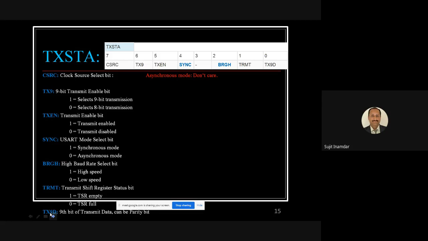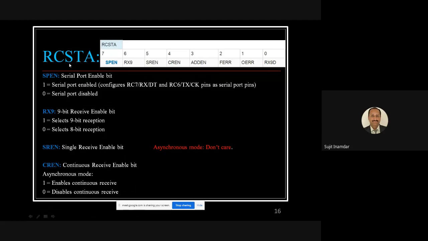And the next one, that is TX9D. TX9D ही कशासाठी आहे, तर जर तुम्ही 9वी बिट वापरणार असताल, ते कुठे ठरतंय, इथं TX9 ला जर वापरत असताल तर दिस कॅन बी अ पॅरिटी बिट. त्यासाठी हे TXSTA रजिस्टर आहे. तसंच RCSTA, दॅट इज रिसिव्हर साइडला